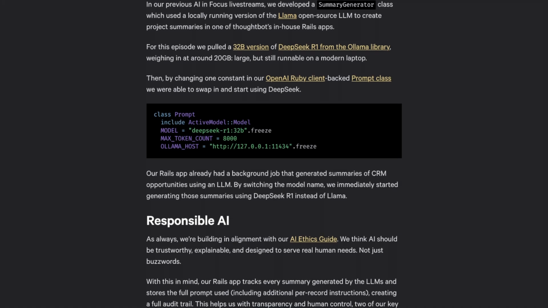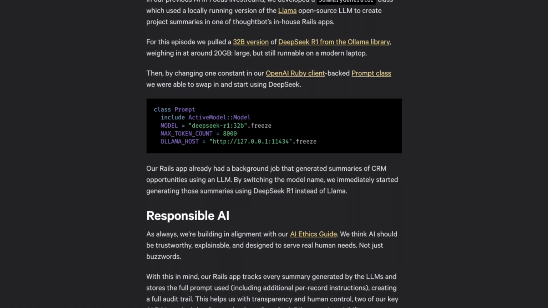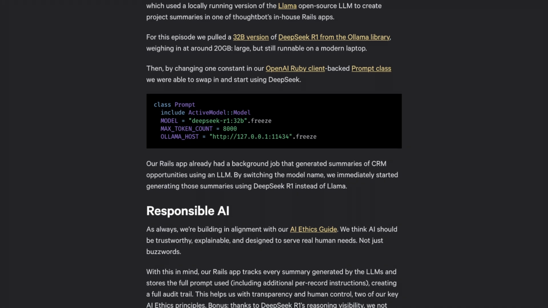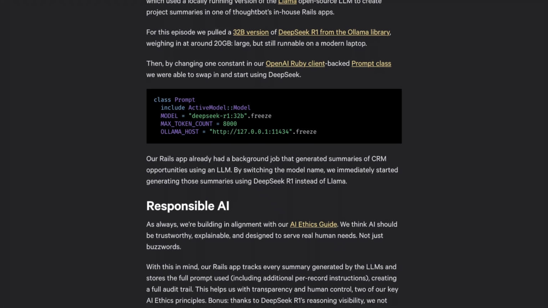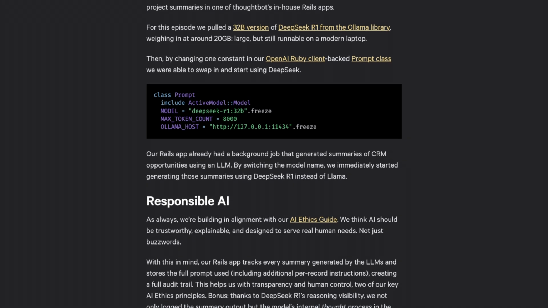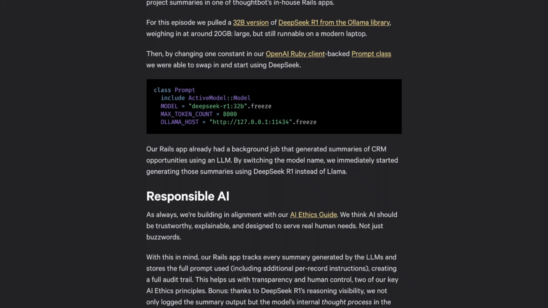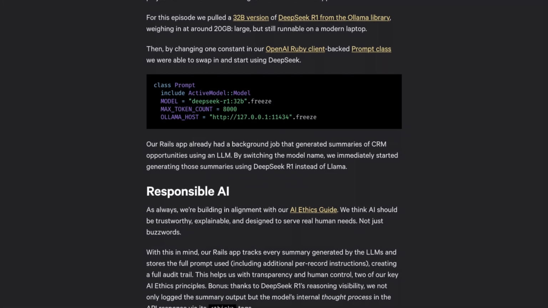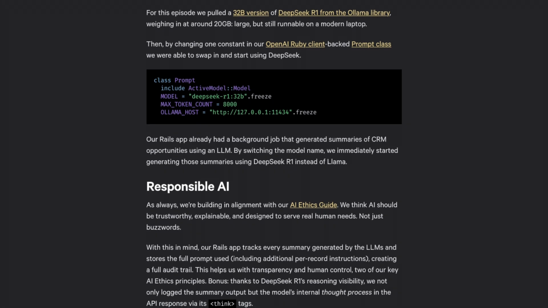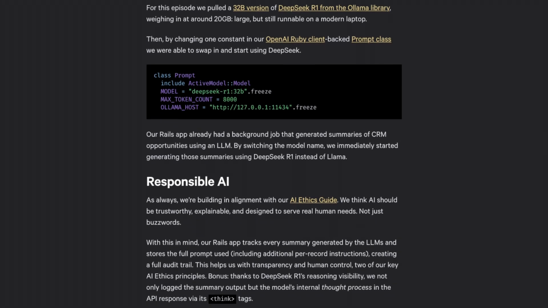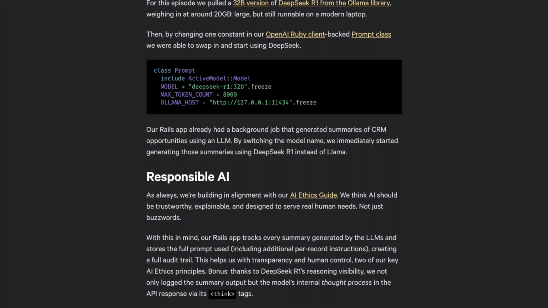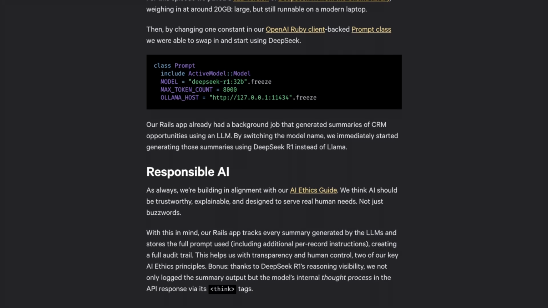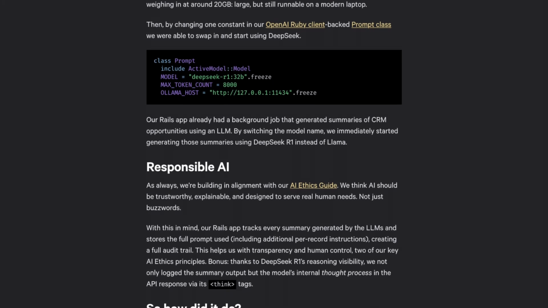Yeah. They had this prompt class already set up using the standard OpenAI Ruby client library to talk to the local model. To switch, they literally just changed one constant. One line. Basically, yeah. They changed model to model DeepSeek R1.32b.freeze. And they just had to make sure the host constant pointed to their local Ollama server, which is usually